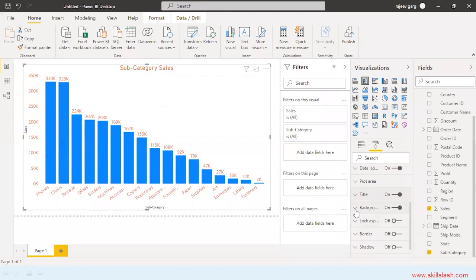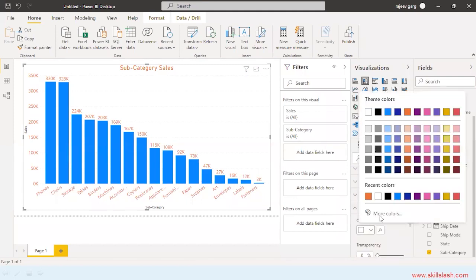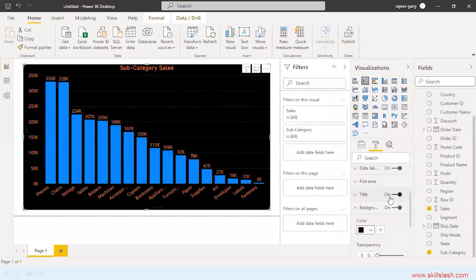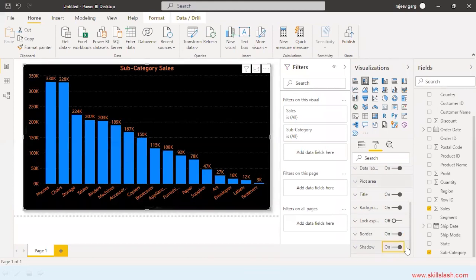The background, if you want some background color, you can put some background color. Let me try to take black as the background color. So this is the background color over here. Any border, shadow. You can see some shadow is appearing. We can go to the border. We can change the border color.